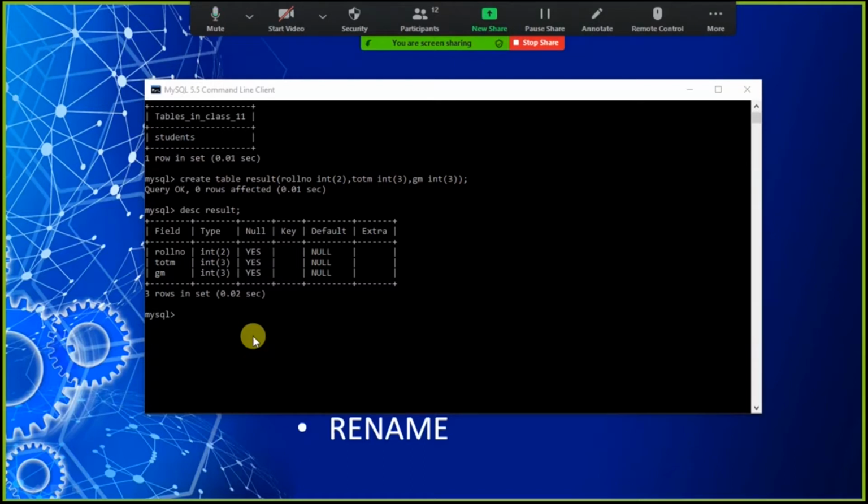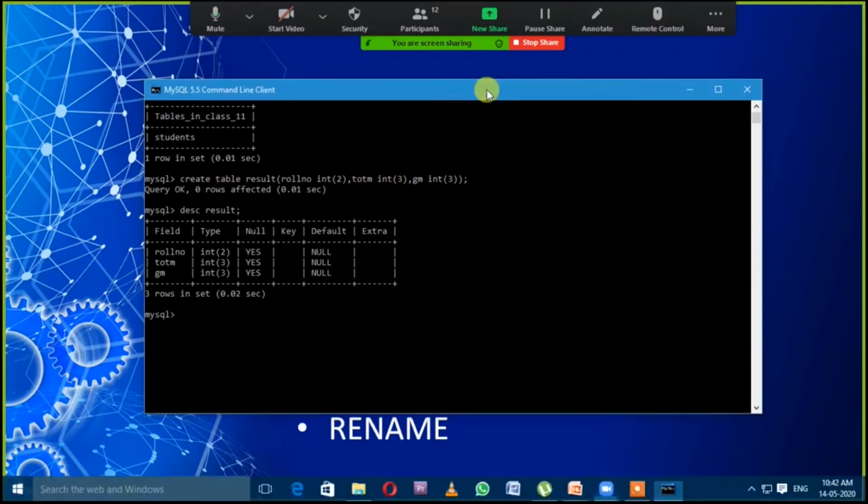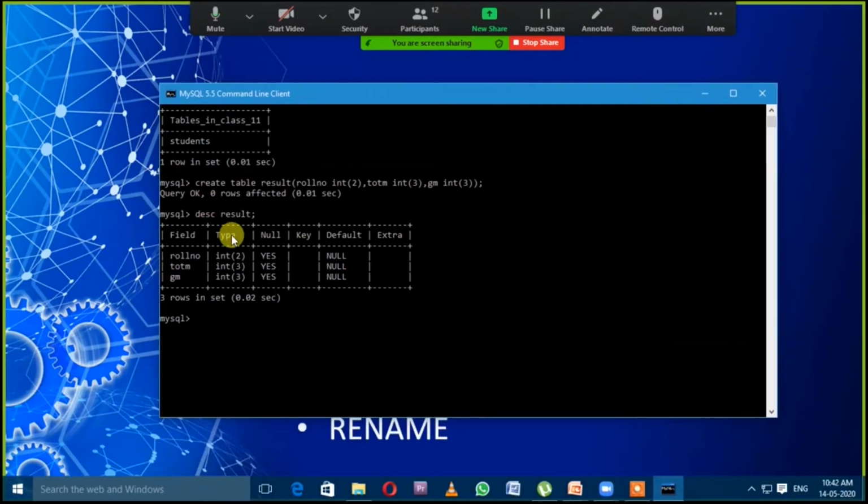So the basic meaning of alteration is to make changes in the existing form of anything. Okay, so let's make changes in our existing table. As you are able to see, the result table I created a few minutes ago, but here in this result table we have only 3 columns.